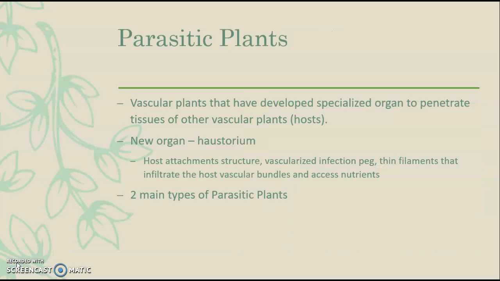Parasitic plants are vascular plants that have developed a special organ to penetrate the tissues of other vascular plants. This allows the parasitic plant to absorb and feed on the host plant's nutrients. That new organ is called a haustorium, or haustoria. Along with the nutrients gained from the host plant, some parasitic plants still gather their own nutrients and use photosynthesis for energy. This leads to there being two main types of parasitic plants, one called a holoparasite and the other